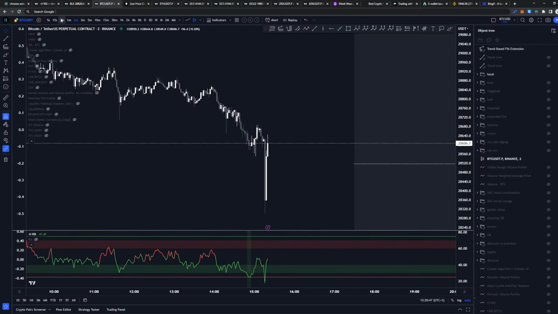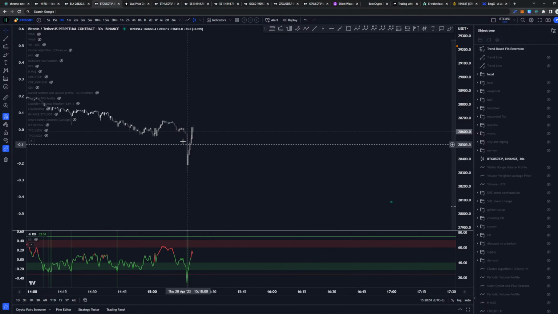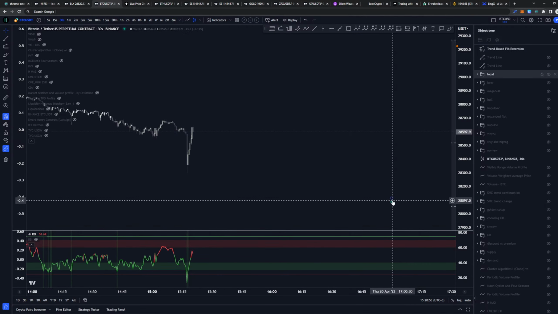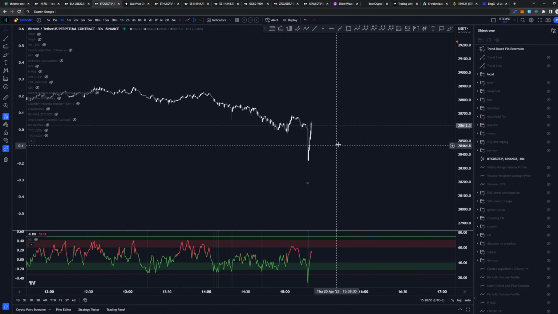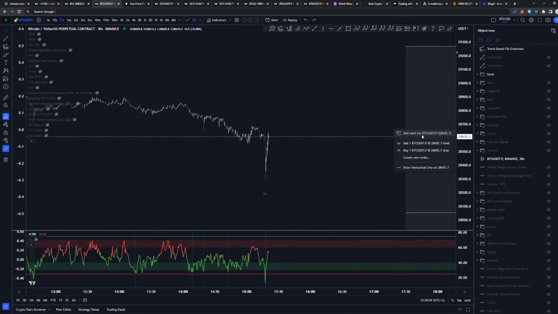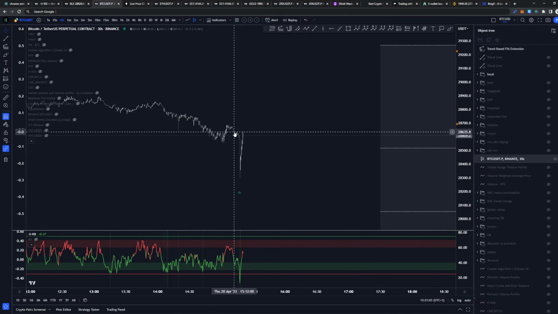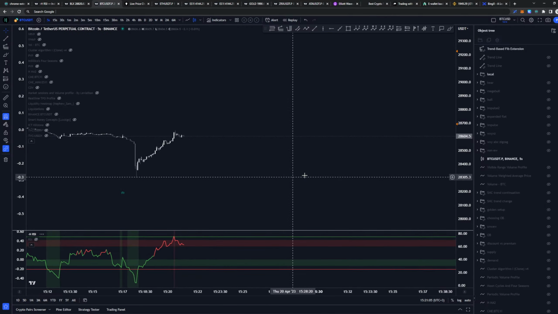Looks like we are getting a very nice reaction from here. So we might need to be looking at this and some potential long setups here soon. If we take out this whole consolidation, that is again a bullish sign on a very small time frame, very local time frame. Let's see if there is any kind of